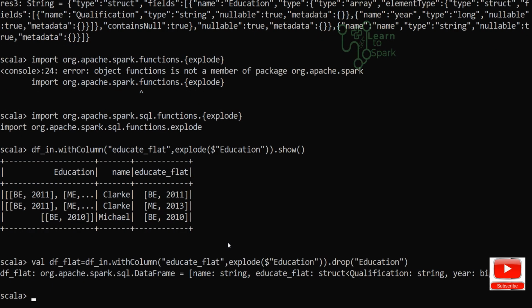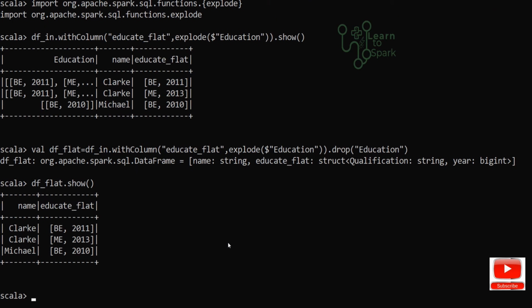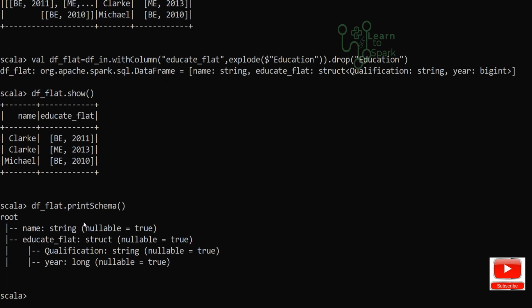So now we have only two columns, the name column and educate underscore flat. Now it is easy for us to separate educate underscore flat into two separate columns, since the schema says it is of type struct.